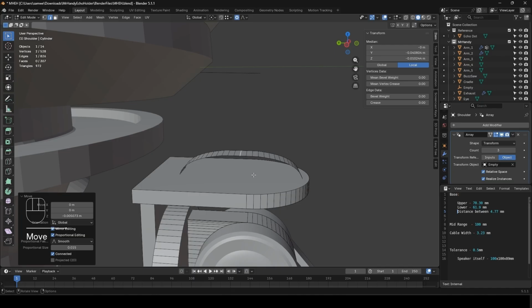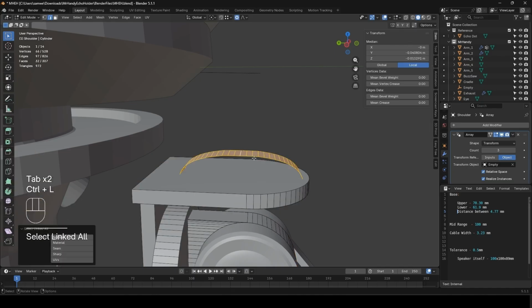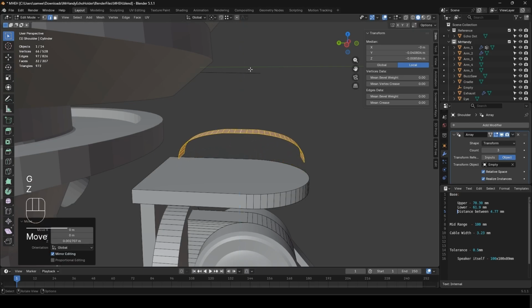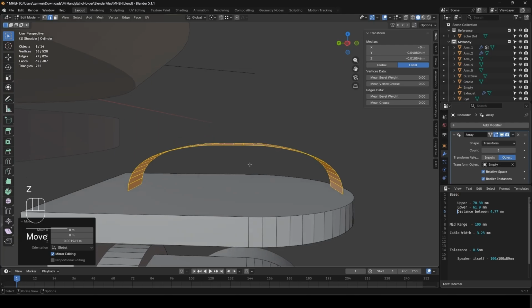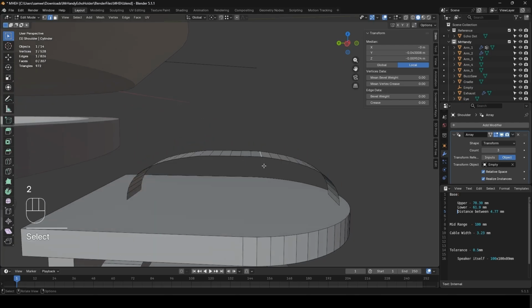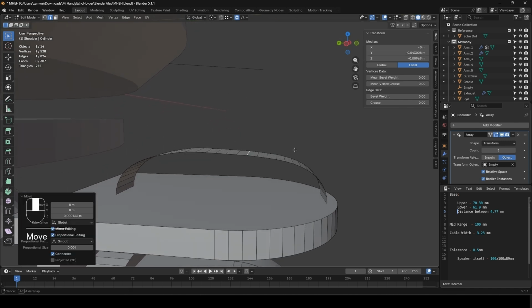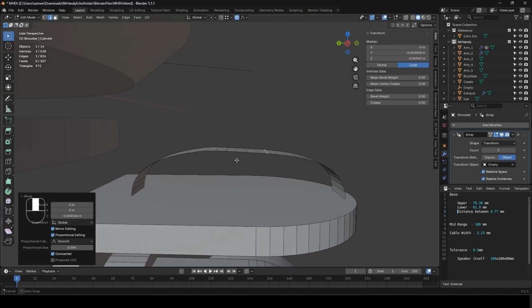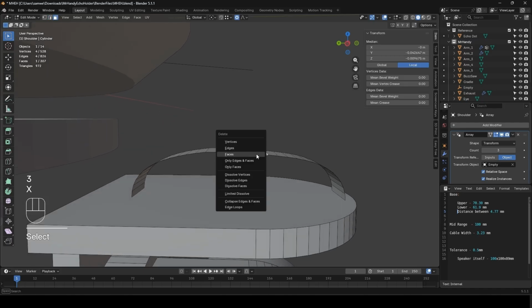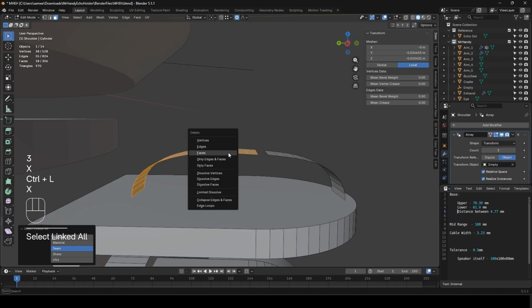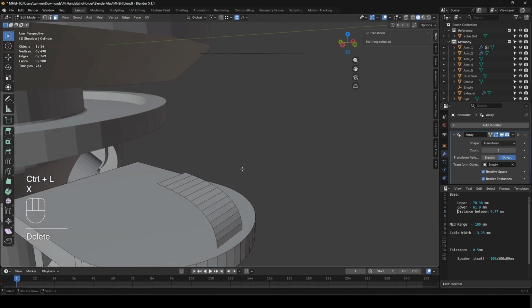maybe to about there. And then what we need to do is just Control L, bring everything turn it off, bring everything back up, and then sort of just drop it back down. And then it looks like we may need to just do some little micro adjustments. That'll probably do it. And then what I want to do is delete this face, Control L, delete those faces, and then